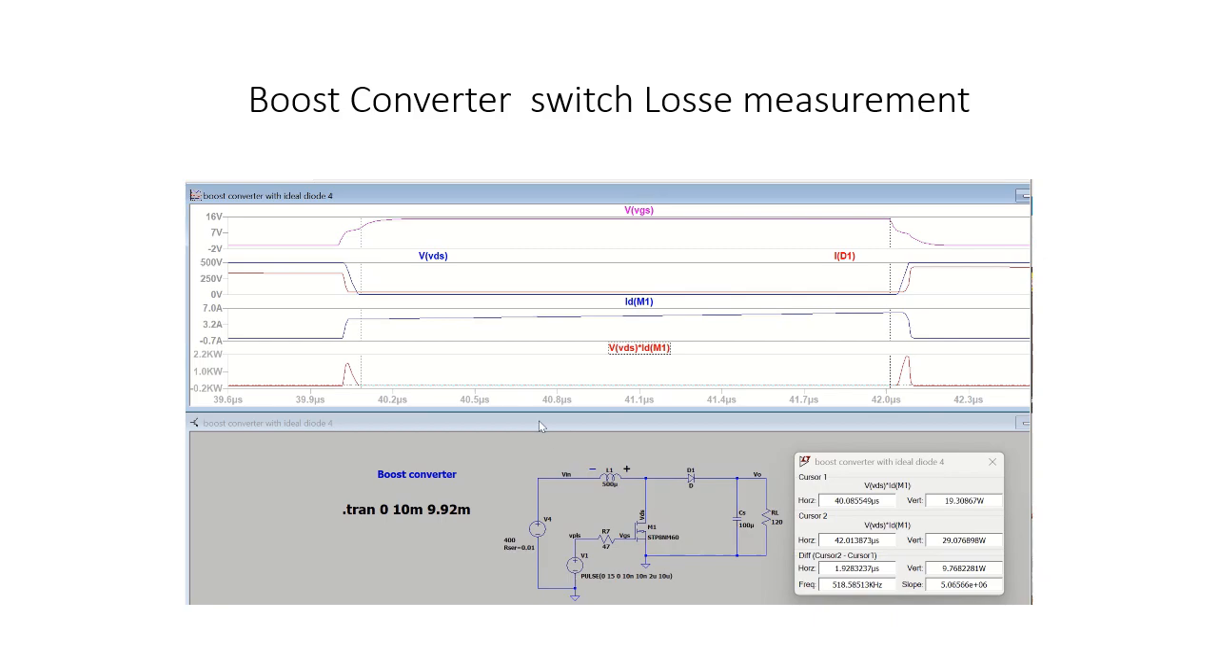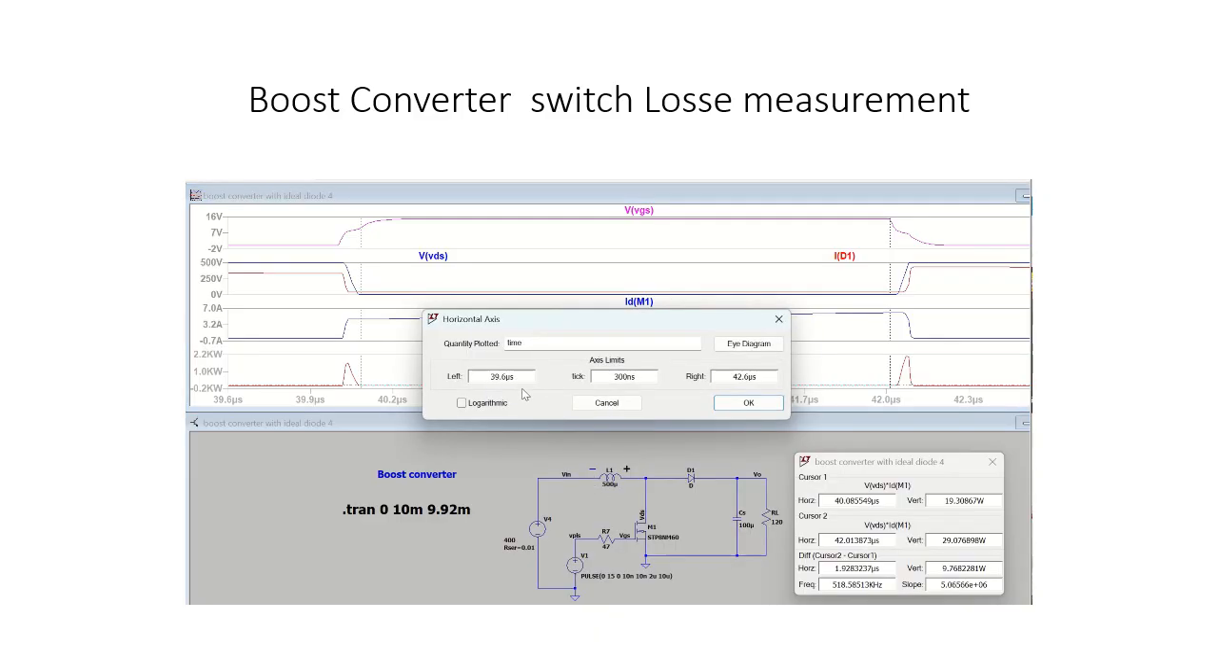Okay, so now what I'm going to do is change the x-axis, making this the starting interval and this the end interval. So I right click here. I'm going to enter this number here, 40.085549. Okay, so the same way,